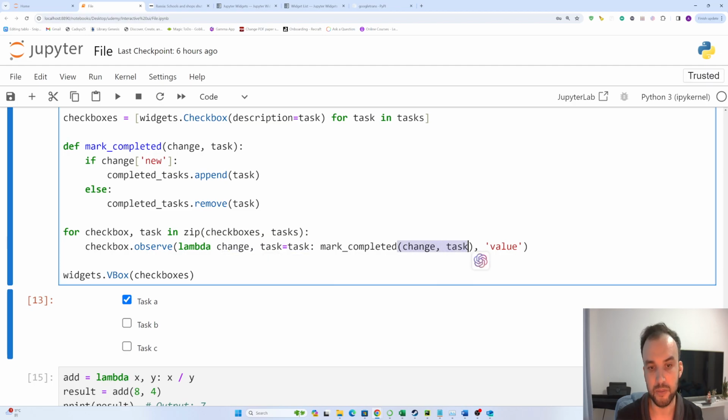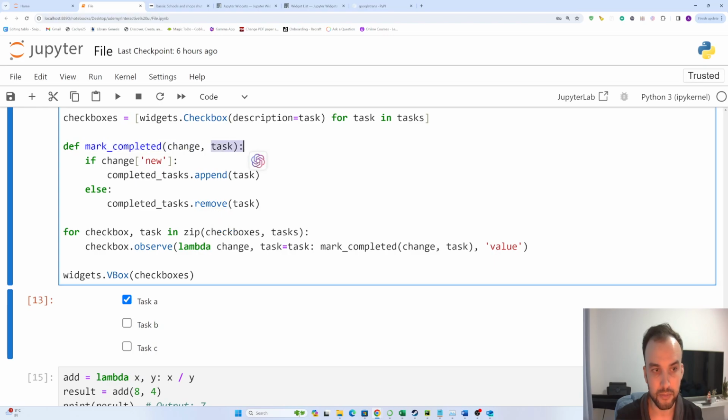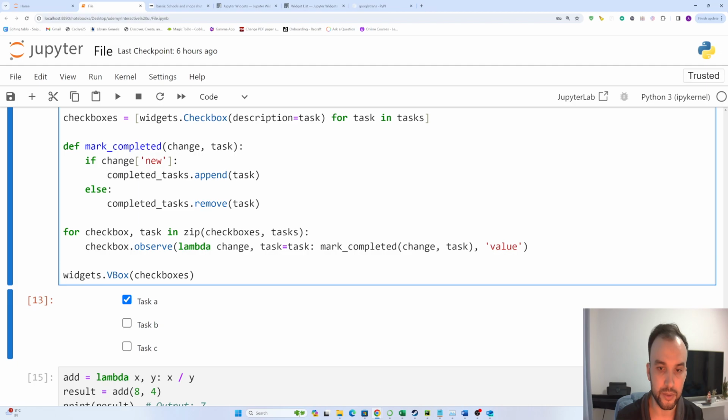We are just calling our completed function, and in that function, these parameters will be these parameters. Here we define which parameters we will use in this function. I hope you understand, guys, but don't worry. In the next projects, in the next videos, we will use this many times. So you will understand slowly.